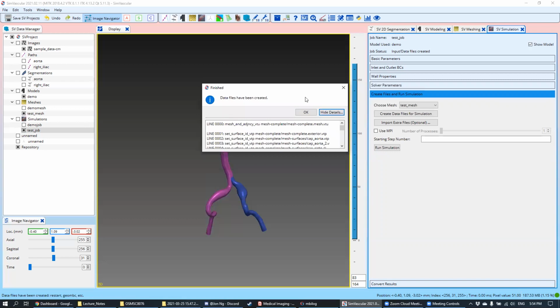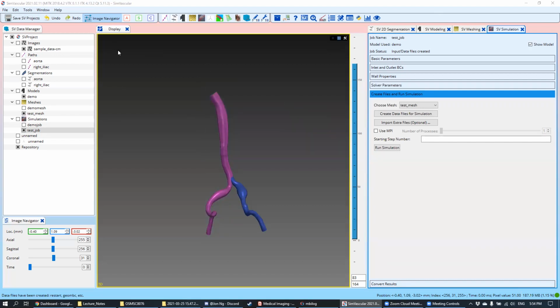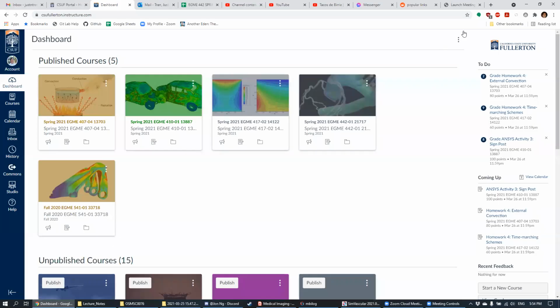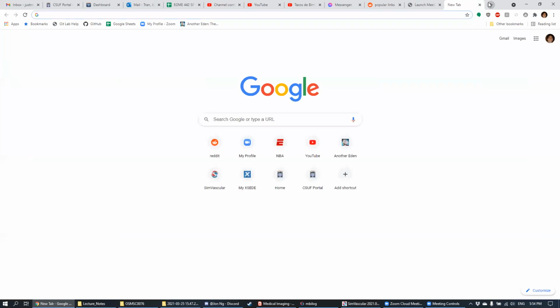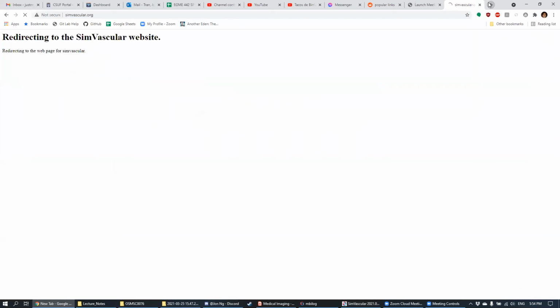And so for those of you following along, were you guys able to create the files for the simulation? Okay. I see. So you got an error saying please make sure the pre-solver exists. I see. So that's probably an issue because this SV solver is not installed. And so if you're getting that issue where SV pre is not installed, you need to go back